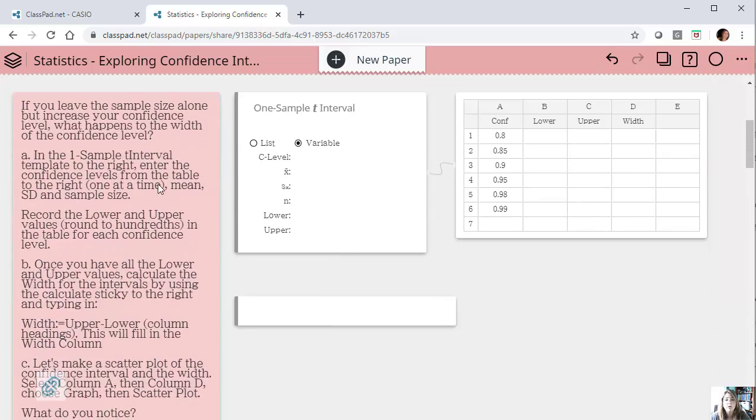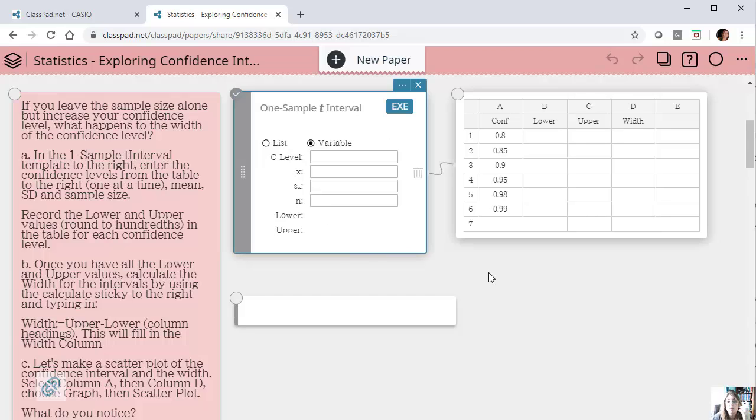As students come here, what you see here is a template. ClassPad.net has AP statistics templates and tests and all those things that you would need for an AP stats class. I've provided the template here, and students are going to read the directions and fill in what they are asking for.